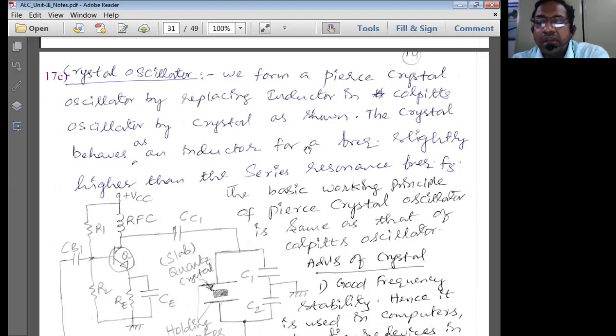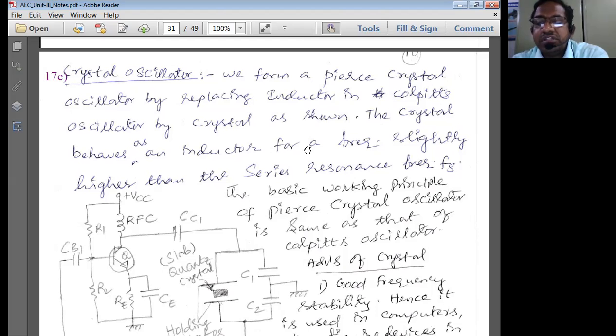In the case of ordinary amplifiers, you have many factors: the gain of the amplifier, input resistance, output resistance, voltage gain, and current gain. These are the parameters which are important in the case of an ordinary amplifier. Coming to power amplifiers, what we look into is only the efficiency and the distortion.